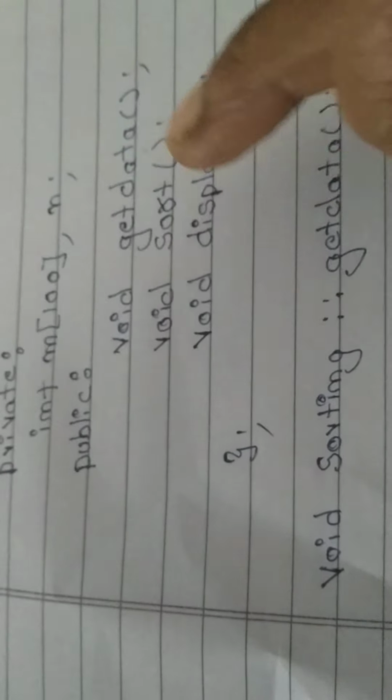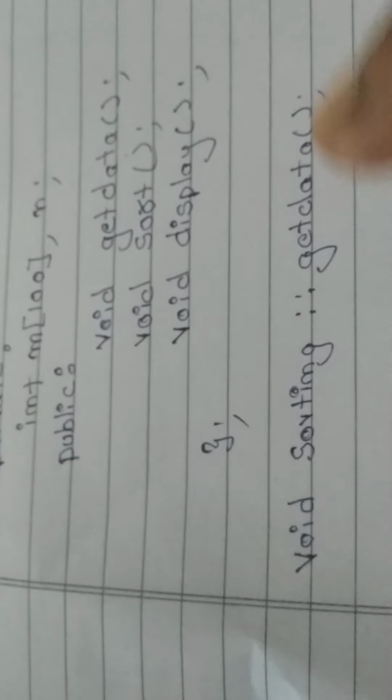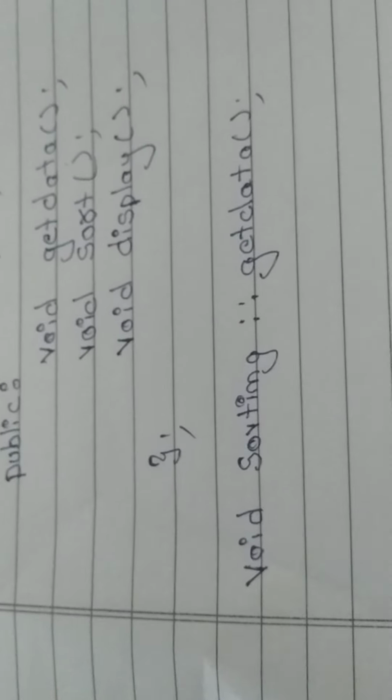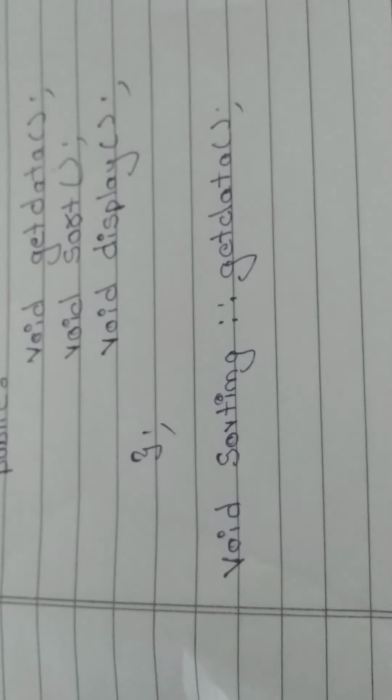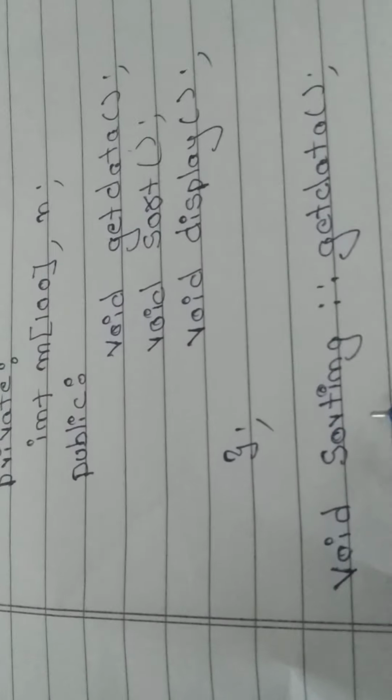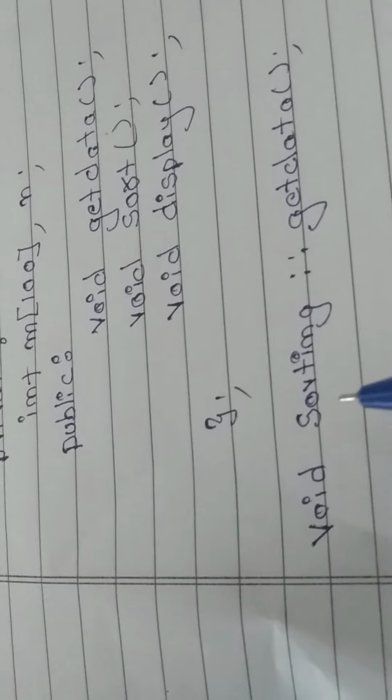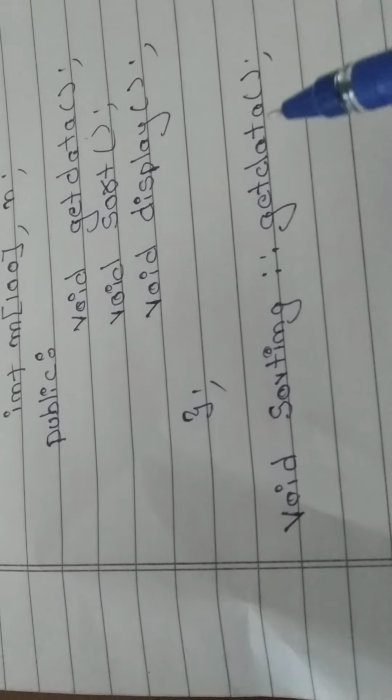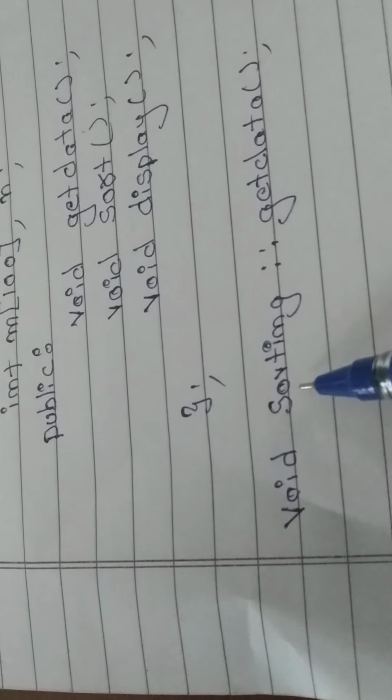But when I am defining outside the class, it is like your board exam: if you are going outside, ID card, hall ticket, uniform are mandatory, it's an identification. If you forgot anything inside our campus, no problem. But when you are going outside, identity is needed. That is the reason the class name, sorting, we should write. When I am defining a function outside the class, return type, function name, argument list will be there. Other than that, the class name sorting and the scope resolution operator will be there.